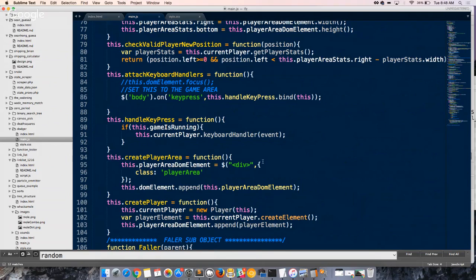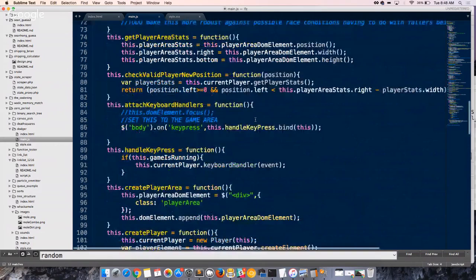Is it the faller that's responsible for checking, or is it the game that's responsible for checking? I think it's the faller's responsibility to check whether it's out of bounds, but it has to know what the bounds are from the parent. So can you just give it the viewport size, the screen size? I could, but the thing is, do I make it check? Could the viewport change itself, or would I have to worry about that? I'm not going to worry about it so much. I'm going to go with